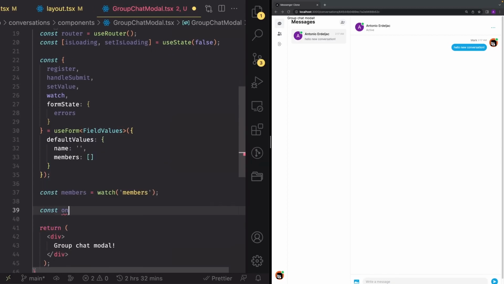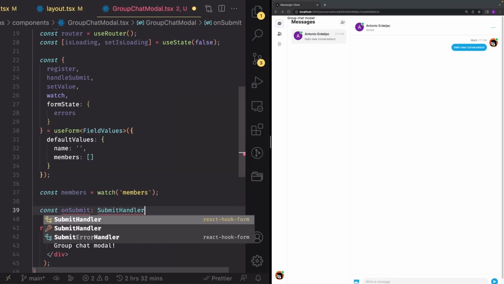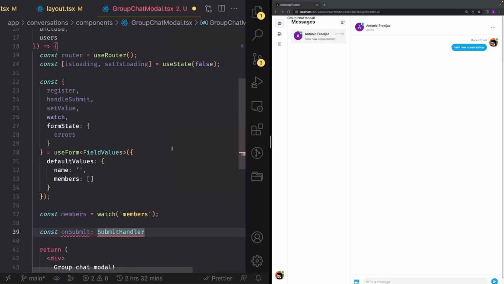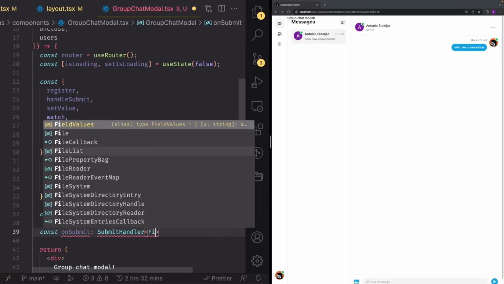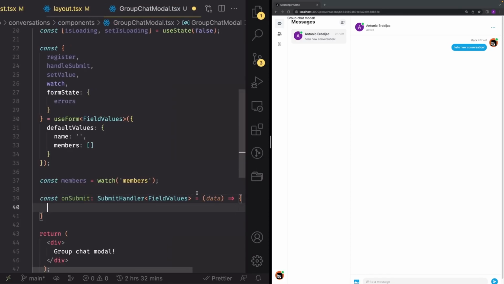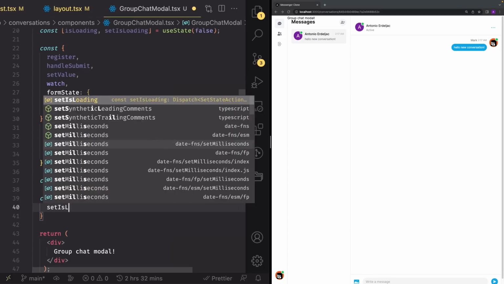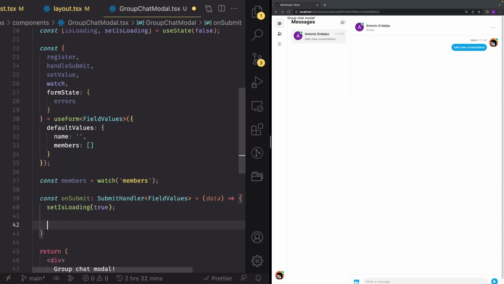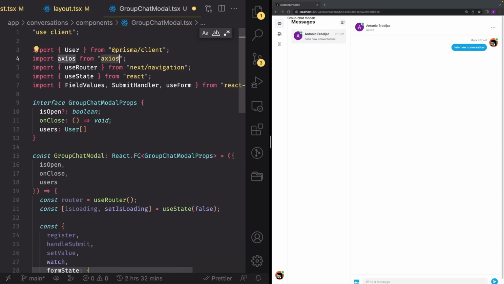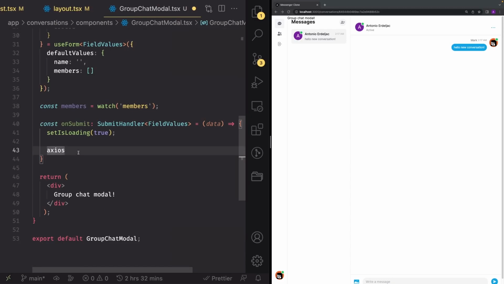So const onSubmit is a type of SubmitHandler, which you can import from react-hook-form alongside FieldValues and useForm like that. Open the pointy brackets and just write FieldValues inside. You should already have that. It's going to be an arrow function which accepts the data as the parameter. Open an object like this and just write setIsLoading to true. And then we're going to initiate an Axios call, which you can import from axios like this. And just write